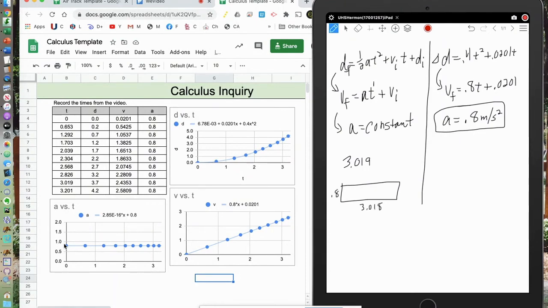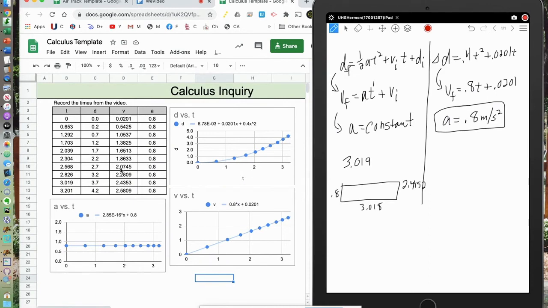So if I multiply those together, 0.8 times 3.019, okay, I get 2.4152. Now what you have to remember is that is not including an initial velocity. So there was some initial velocity. So I'm going to add on plus